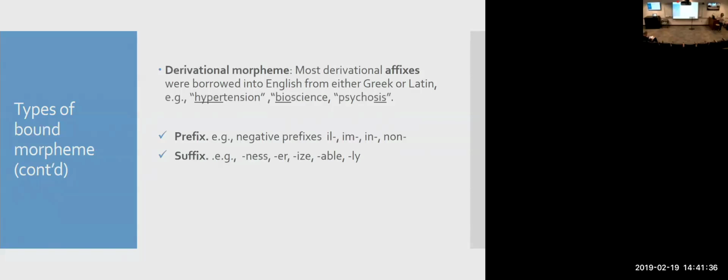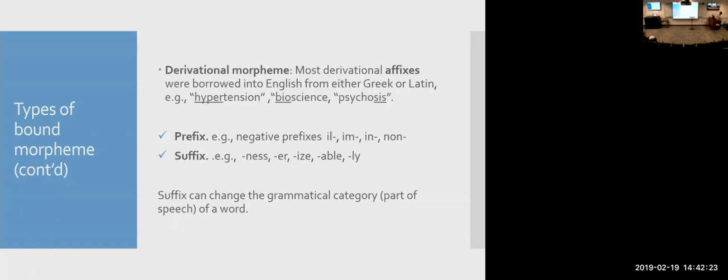But sometimes it can be an adjective as well. Can you think of some adjectives that also end with -ly? Friendly, yes. Friendly, and man and manly, right? So now you know -ly can show this word may be either an adverb or an adjective. Here is one thing you need to remember: suffixes can change the grammatical category and part of speech of the word. This is really important for you to judge whether this is derivational or